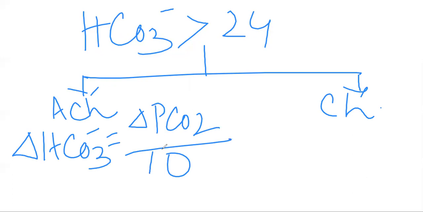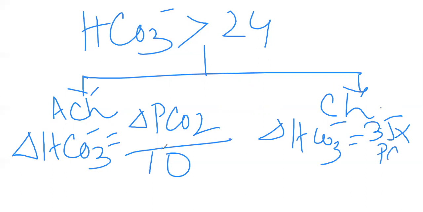And for the chronic compensatory function, the bicarbonate rise should be 3.5 into PCO2 divided by 10. So these are the equations by which you can understand whether the compensatory renal mechanism is continuing, or whether some other secondary disorder is present or not. So this is what I mean to say.